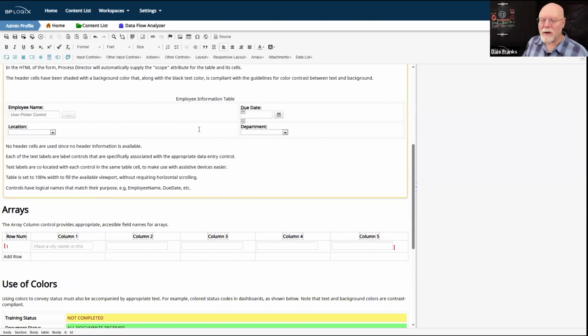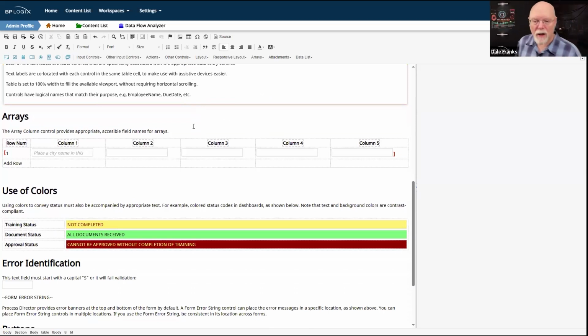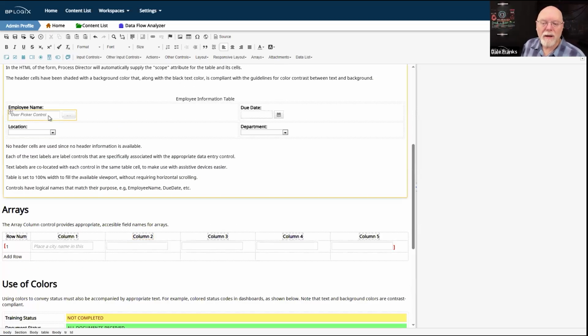So in a table like this, where I'm actually doing data entry, so I actually am using a layout table here, I need to put my label and my control into the same table cell, with one exception. And that exception is, again, arrays, because arrays have their own unique type of label. So let's take a look and compare and contrast the two types of labels and what we need to do to make a label work.